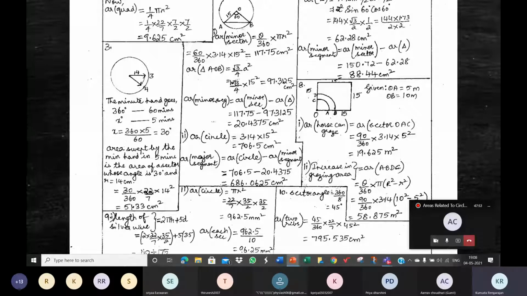The three hands are pivoted at a point. The hour hand, the minute hand, and the seconds hand, they are fixed at a point. And these three hands move around this point, always tracing three different circles. Their tips will describe three different circles, which are concentric circles because they have the same center but different radii.